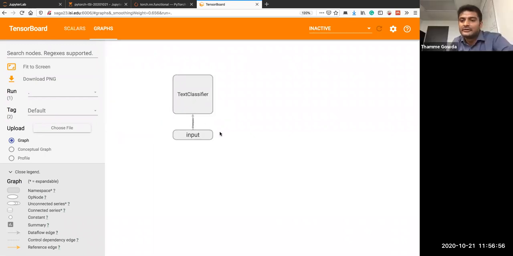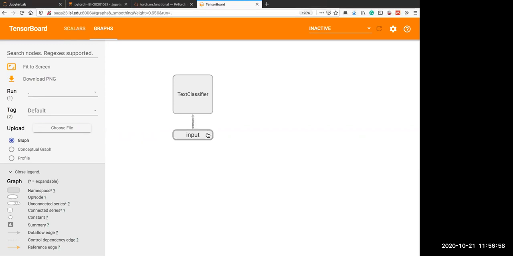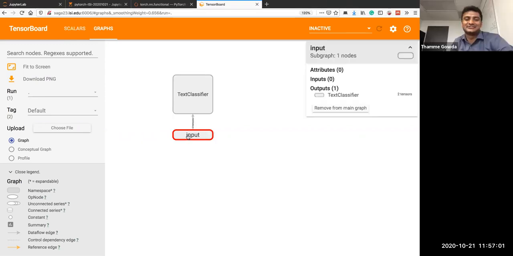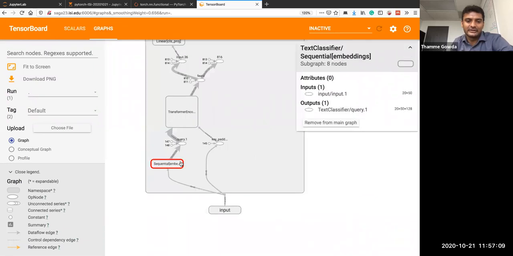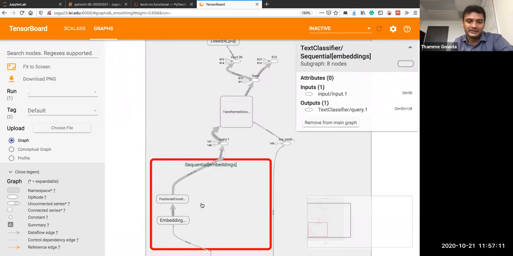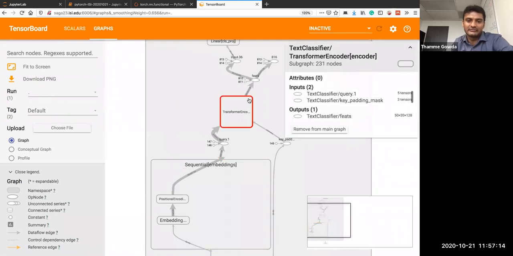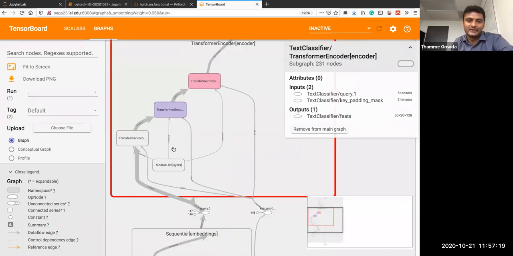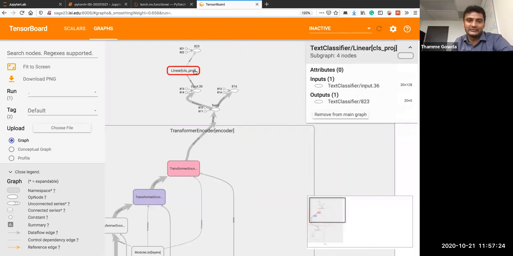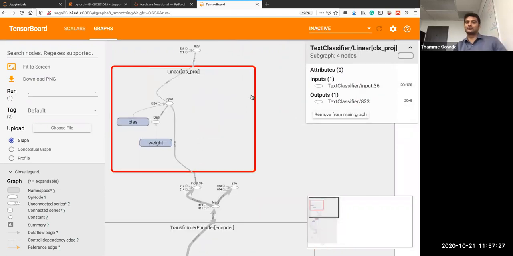You can zoom in. We have a few more minutes here. So okay, good. We have a class called text classifier. If you look inside, we have something called sequential, which has embedding, which itself has embedding and positional embedding. We have a transformer encoder, which has multiple layers: encoder layer 1, 2, 3. Then we have a linear layer, which is the last class projection, etc. So you can visualize it. It works. All I did was add that graph, passing one batch as an argument to